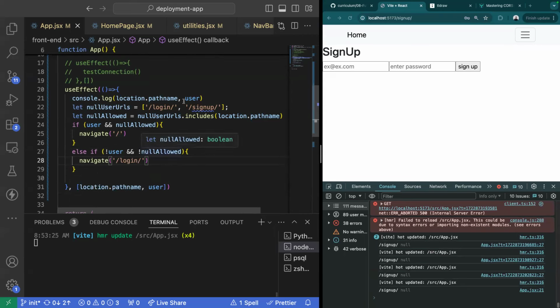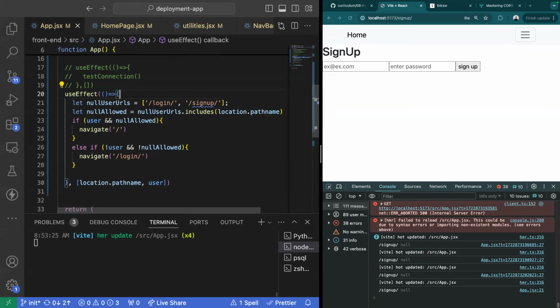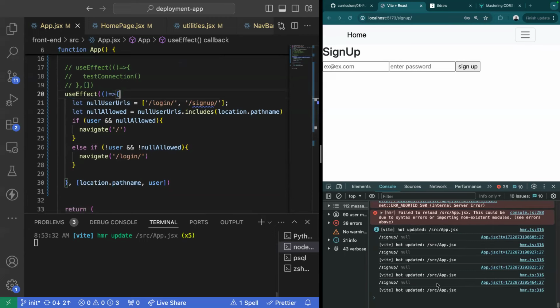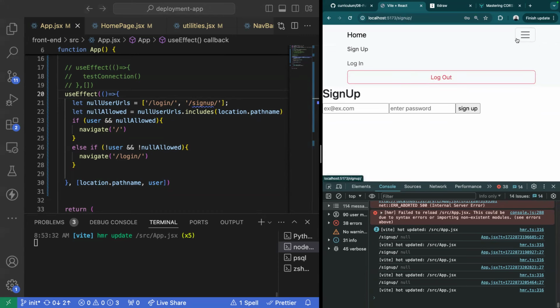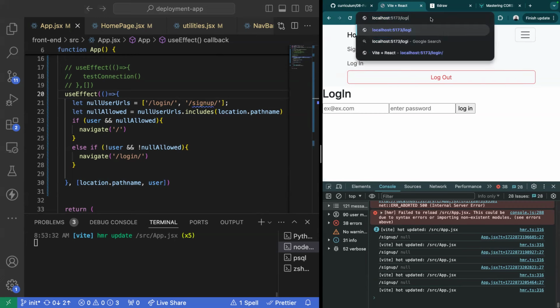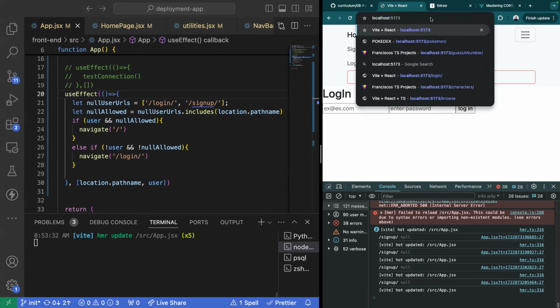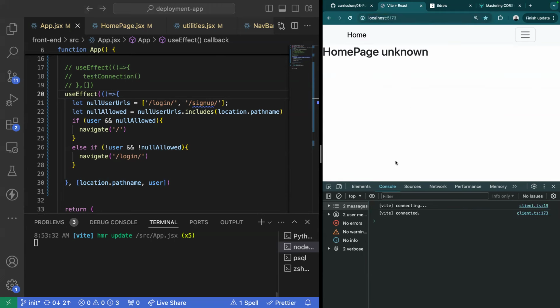All right. Well, let's take a look here. So currently my user is null. If I try to go home, we can see that it returns me into login because my user is null. I can go into sign up and I can also go into login, but it does not allow me to go home. No matter how many times I click it, it won't allow me to go home. If I try to go home utilizing just the URL,